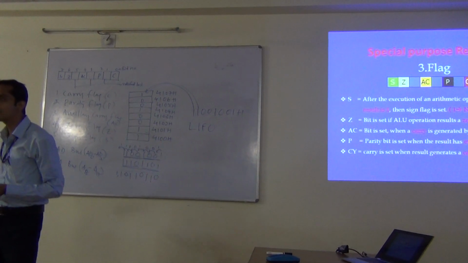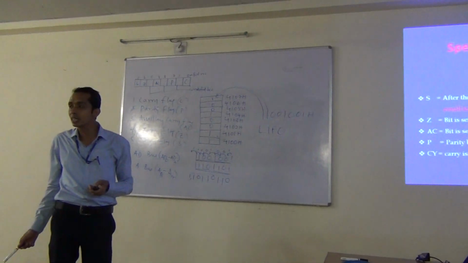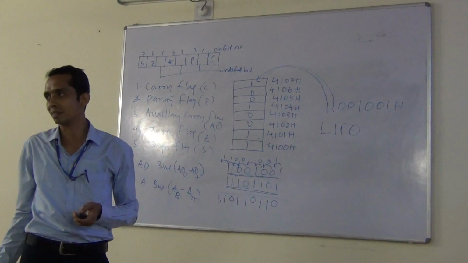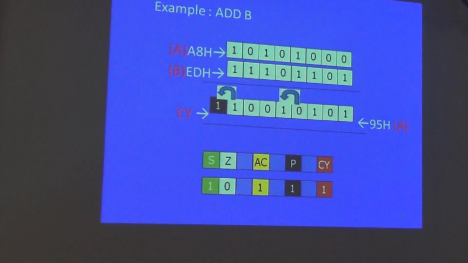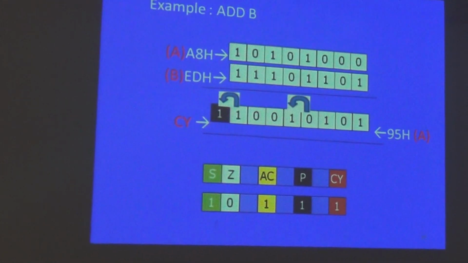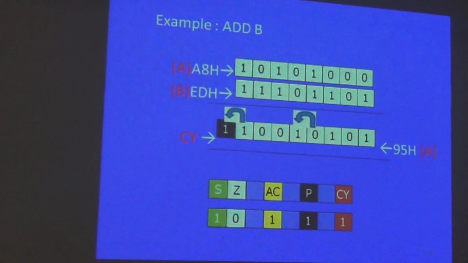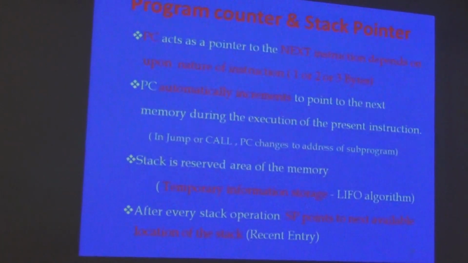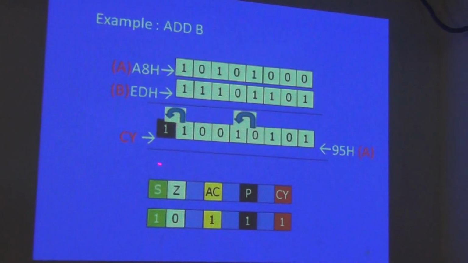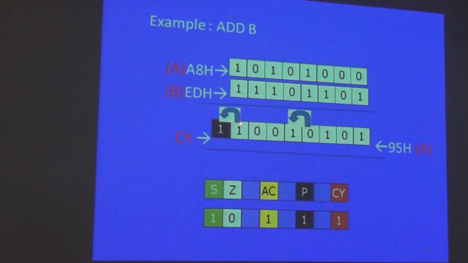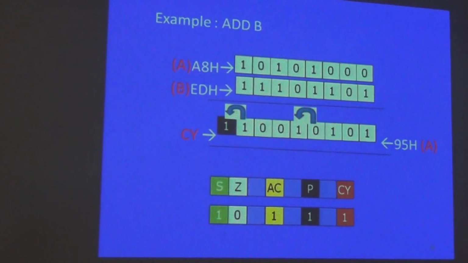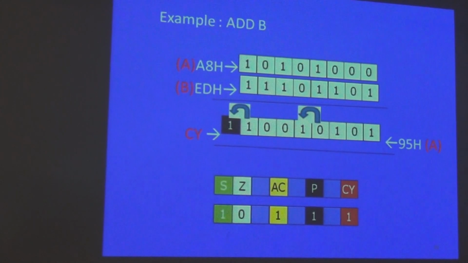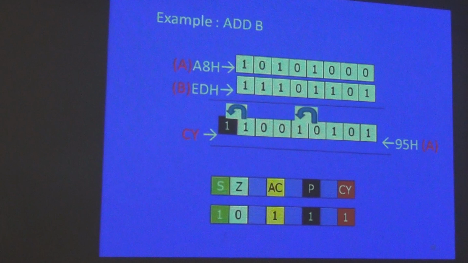Because if I do not show you the example, you cannot acknowledge what is the utility of the sign flag, carry flag, parity flag, etc. If I go to my next slide, I have given the examples of addition which I have shown you just now. In that addition, I have also shown you the carry. If a carry is generated in the result, the carry flag will be set, otherwise reset. If the result has an even number of 1s, the parity flag will be set, and so on, whatever I have discussed.